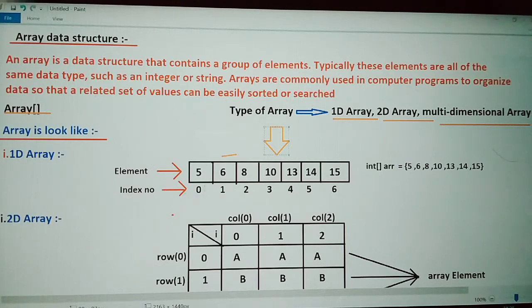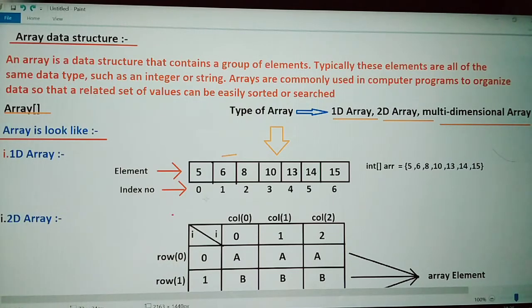And here the numbers are the index numbers. You can see it is 0, 1, 2, 3, 4, 5, 6, 7. So it is observed that the elements start from 0, 1, 2.